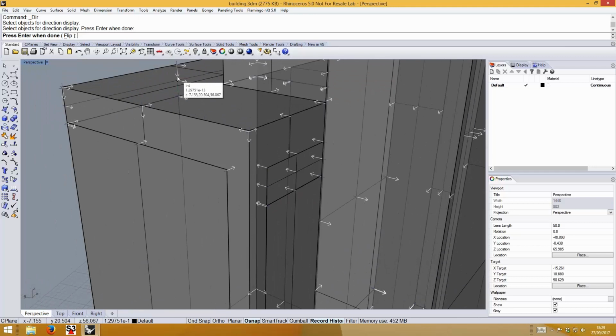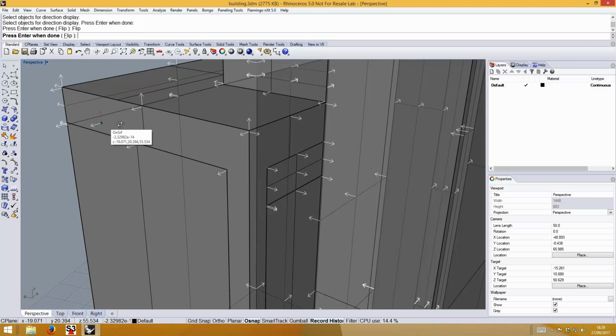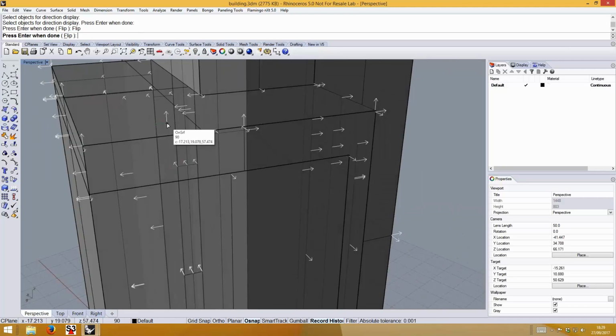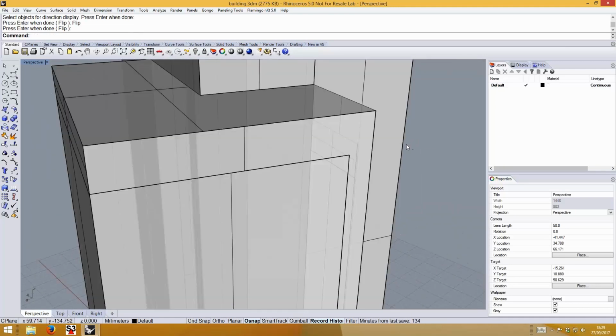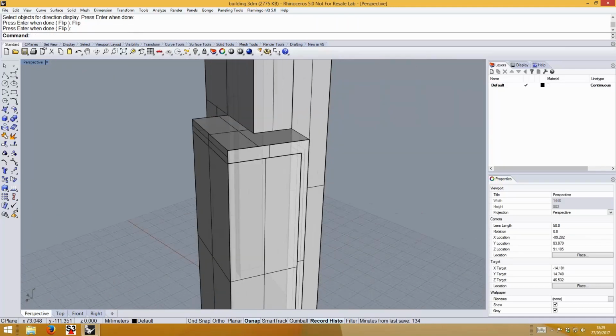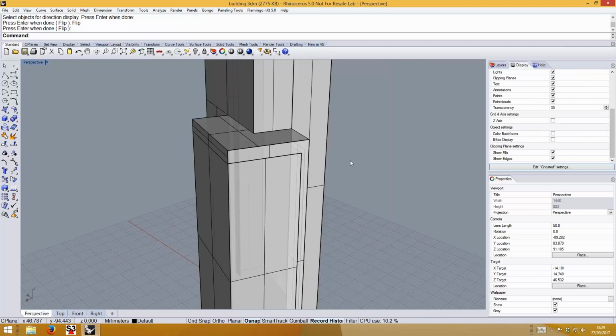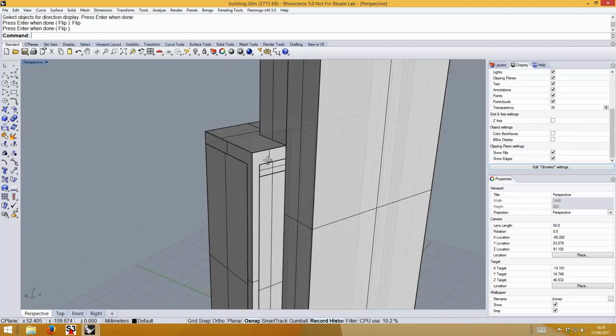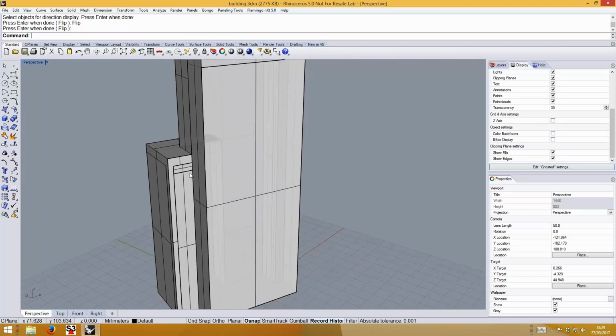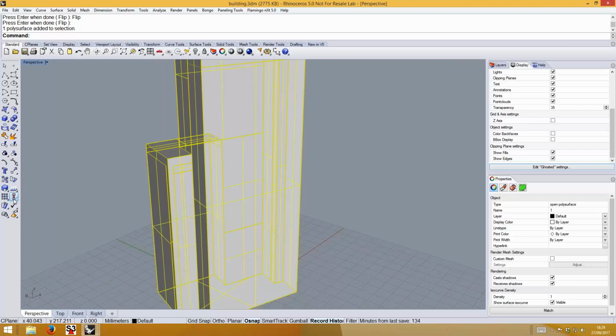Rhino is thinking that actually the positive side of the surface is the inner side of the surface, okay? So I'm just going to flip this, there you go, to make sure that all my normals, all the positive side of the polysurface, are pointing outwards. There you go. And you'll see that in this case, since I was using a separate color for my back faces, the color of the model has changed, okay? Right, as I was telling you, show edges,